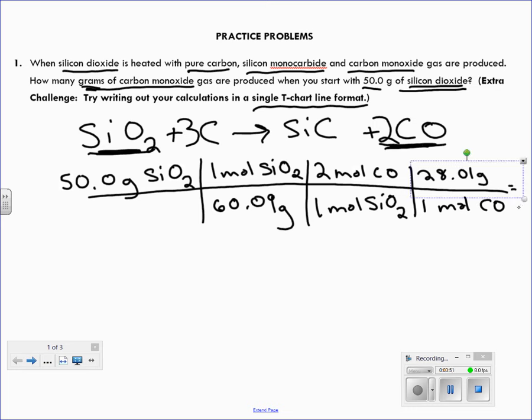So here's what I like about what I've written. All of my units cancel out on the diagonals, just how I like. I have grams here, grams there, moles SiO2, moles SiO2, mole CO, mole CO. So the only thing I'm left with is grams of carbon monoxide, which is what I want. So plugging that through my T-chart, I'm going to do 50 times 2 times 28.01, divided by 60.09. My calculator is going to spit out